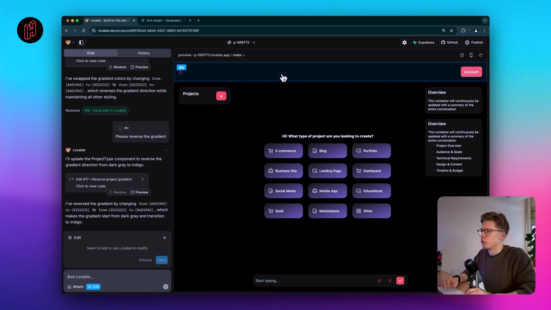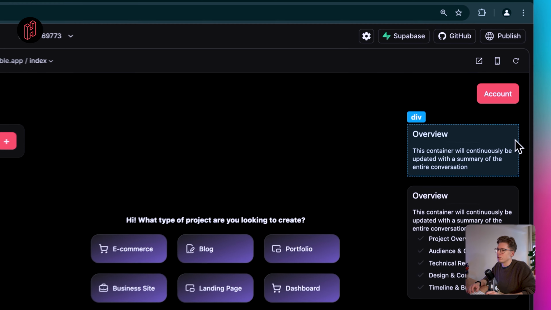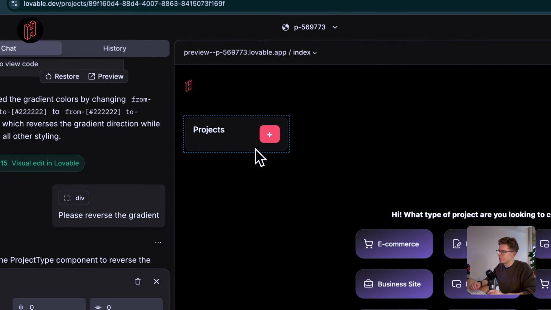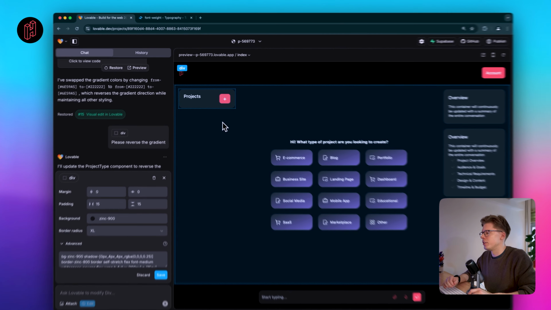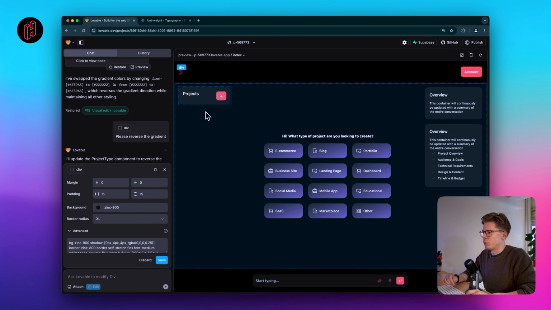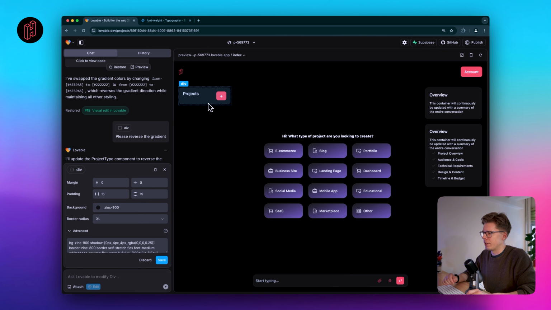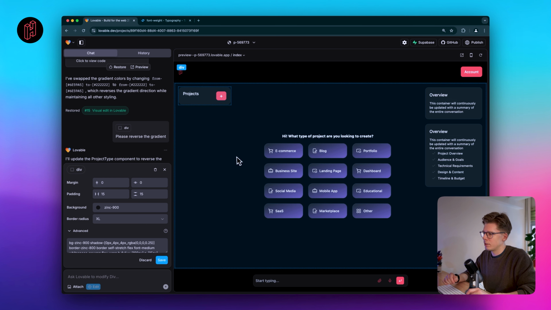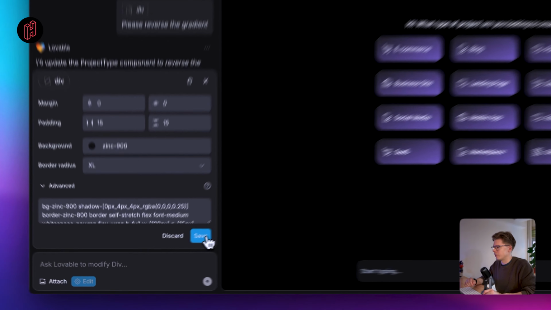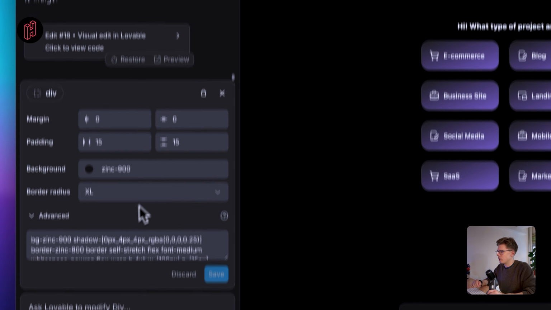Okay, so what else can we try to do? We can do some smaller tweaks first. Say we have the projects here, which should be a project list. So let's actually see what the AI is able to contextualize. Say we want to have a dummy list of existing projects, and we would also like to turn this button into the same style as these buttons, and we would like to center the plus. So let's see how much it can actually understand. Select it and say